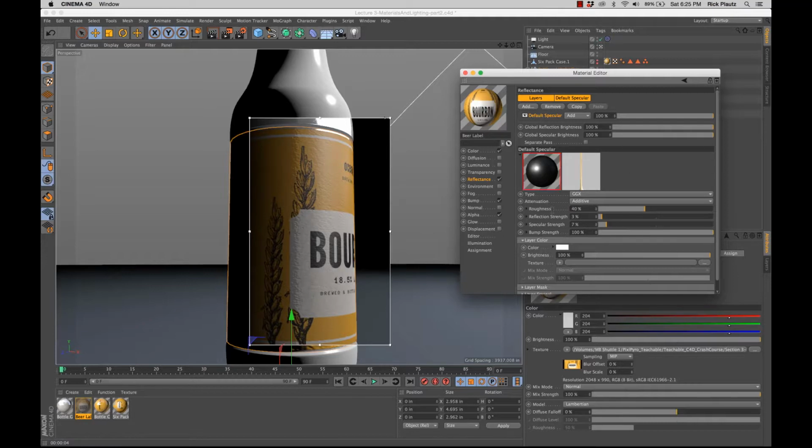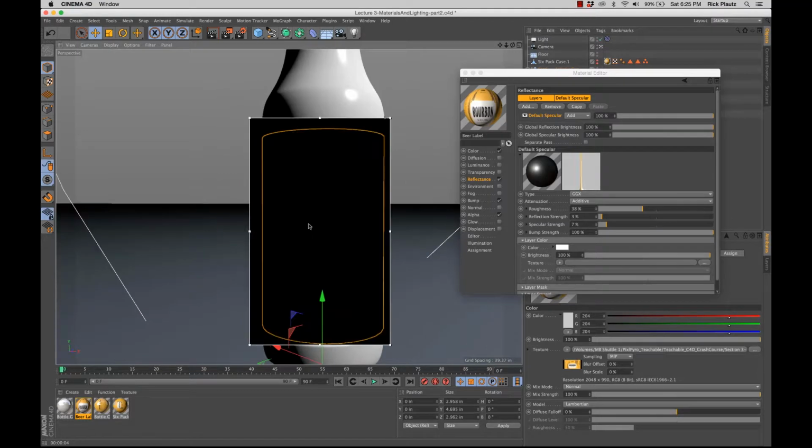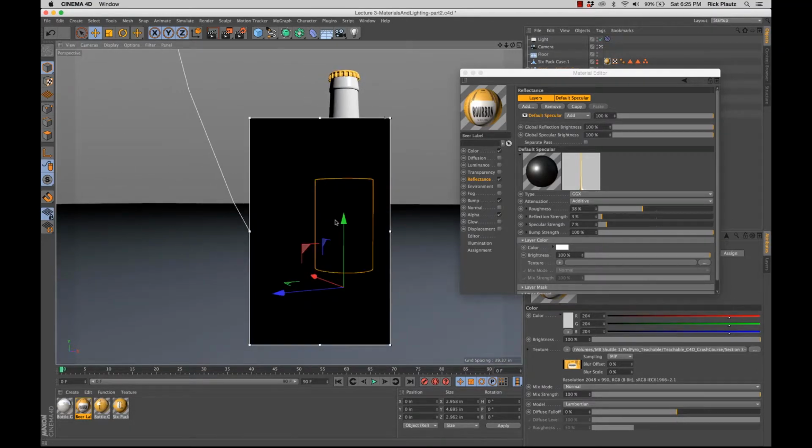Maybe back to 40 on this roughness. I don't know. It's too much. 38. I like where it's heading, and I like the bump texture. I think that's nice. So now if we come back to this,